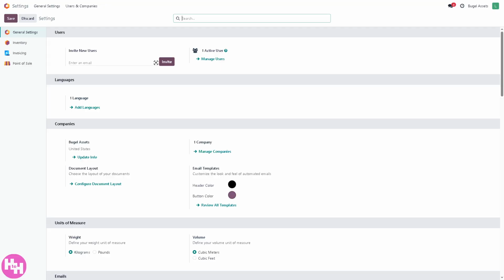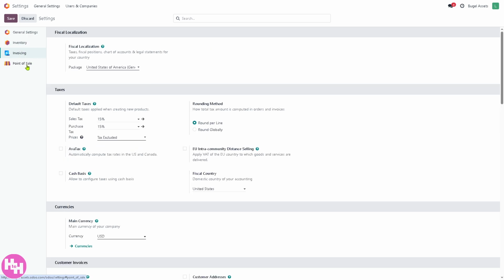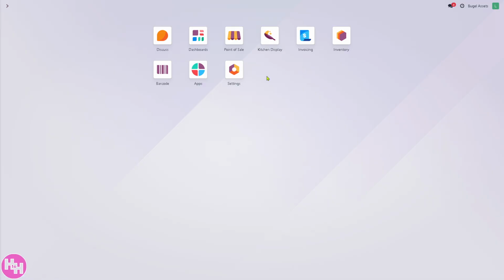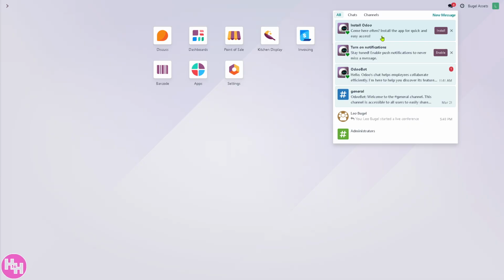Now, the settings gives you the option for the configuration hub. Okay, so it manages user access like inventory, invoicing, and of course, the point of sale. You can enable third-party integrations, for example, payment gateways and accounting software right here. We're going to go back again to the section. On the top right corner is the message platform. If you want to install more applications for quick and easy access, you can do that. All right,